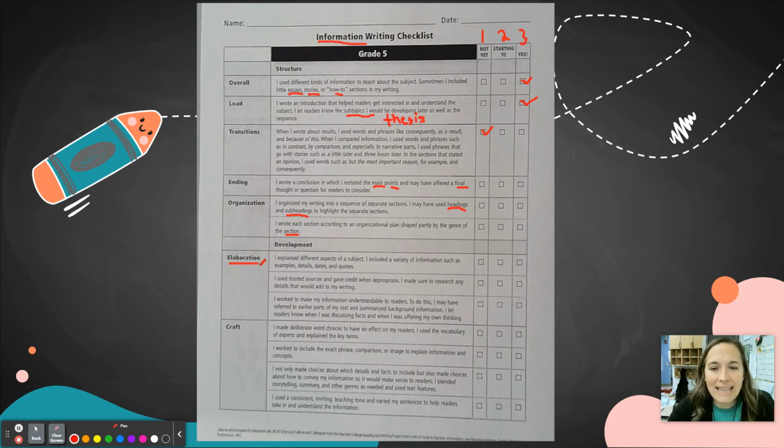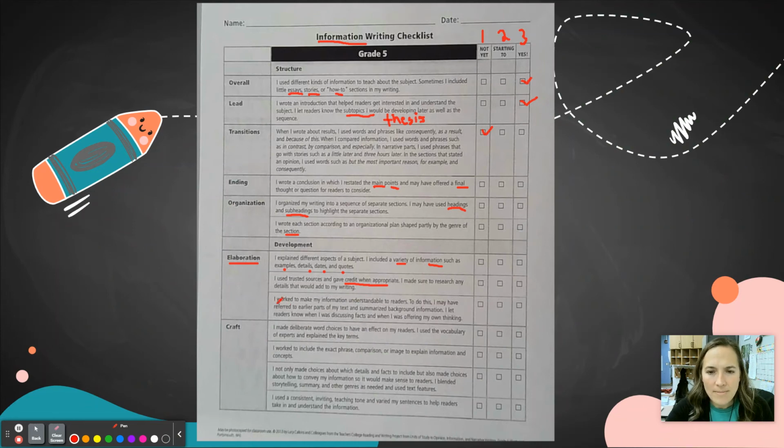Elaboration. This is a big word. Elaboration is you're explaining. Okay? So did they explain? I explained different aspects of the subject. I included a variety of information such as examples, details, dates, and quotes. So they used quotes, but they didn't just use quotes. They explained it. They used different kinds of information, and they didn't just use one source. I used trusted sources and gave credit where appropriate. That means they said, according to Mystery Dog, according to Wikipedia, wherever they got their information, they gave it credit